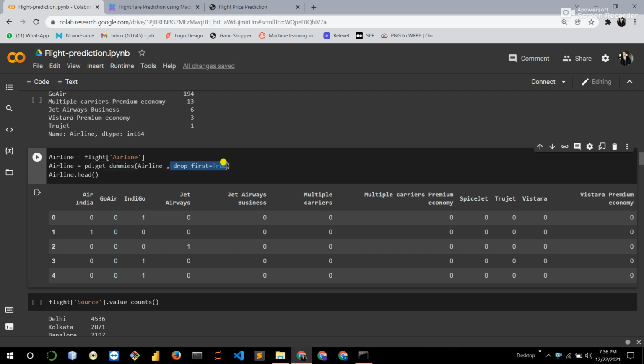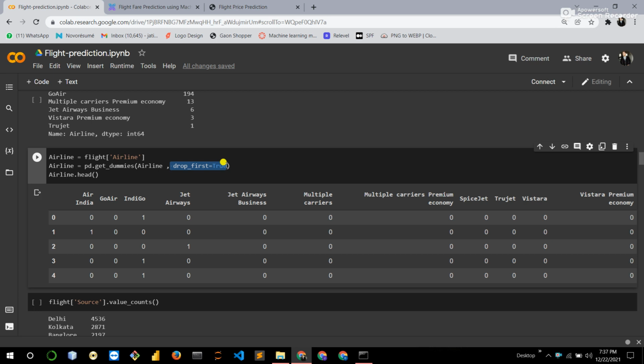So what is drop underscore first? Suppose we have a categorical feature, gender, male or female. If it is 0, it means it is male. If it is 1, automatically it is female.